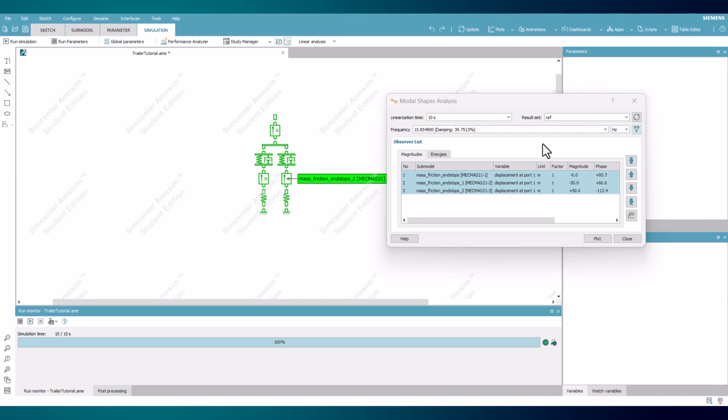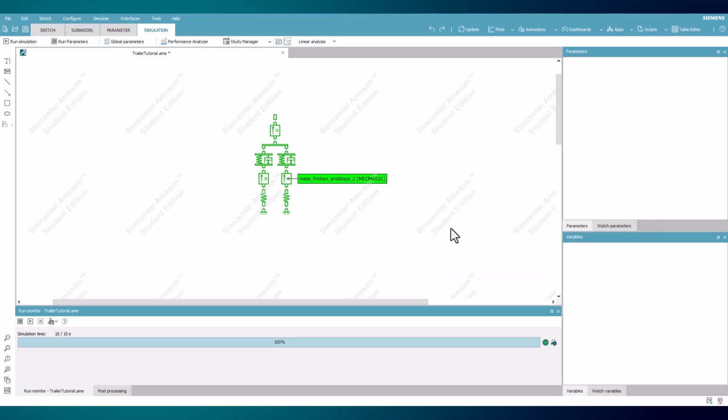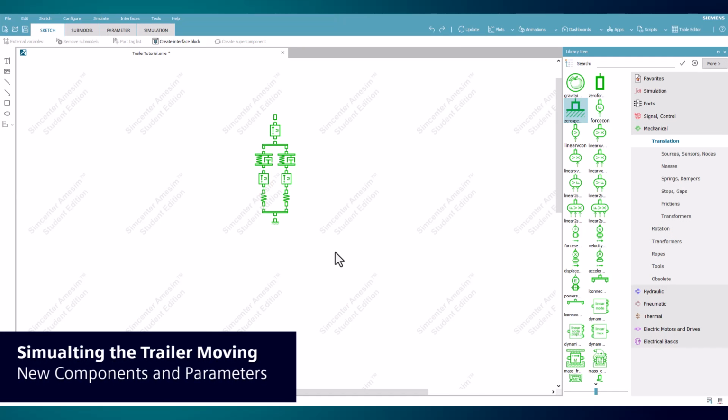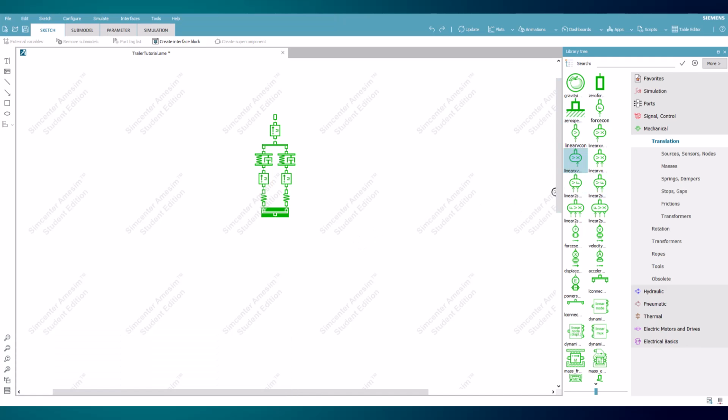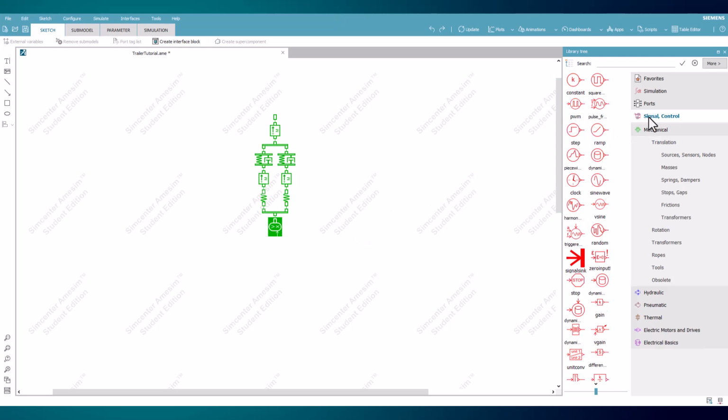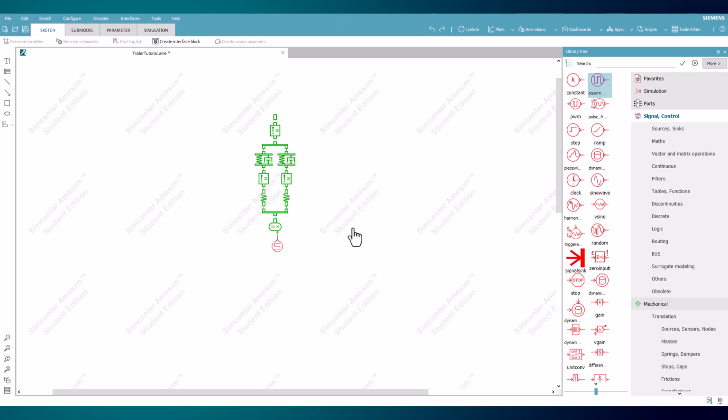With each of the resonance frequencies analyzed, let's take the smallest value of 2.46 Hz as the goal for the trailer to oscillate at for the second portion of the video. In order to simulate the trailer traveling over a bump in the road, replace the zero-speed source with a converter of linear displacement and velocity, with an input signal for the displacement. The input source will be in the form of a square wave function.